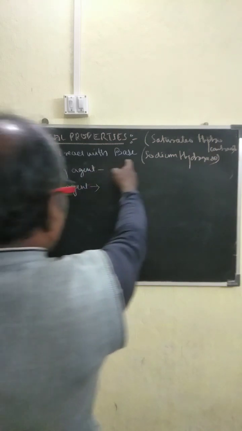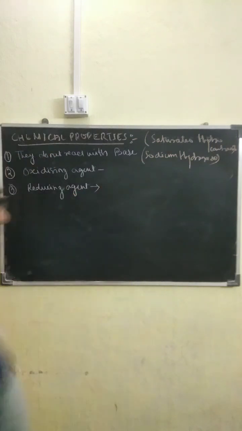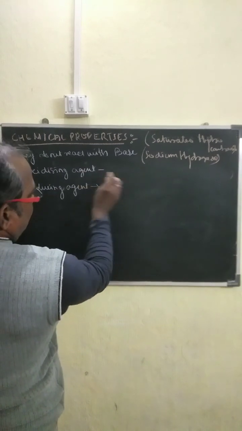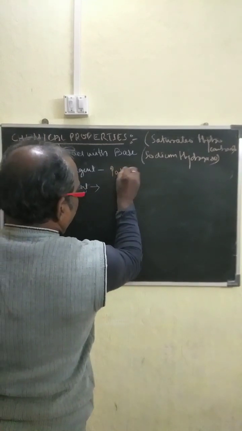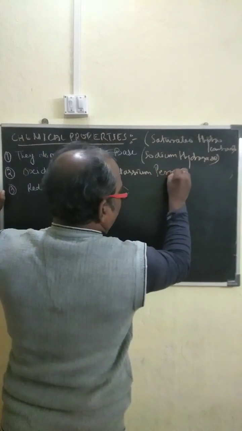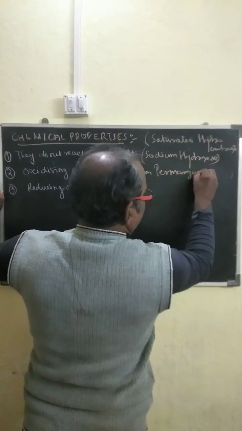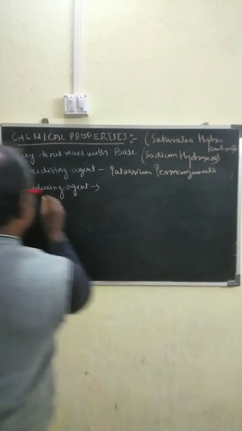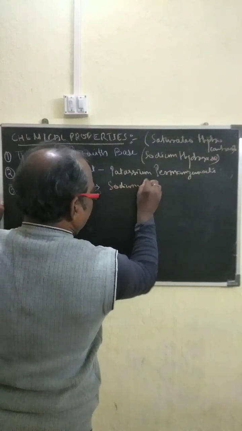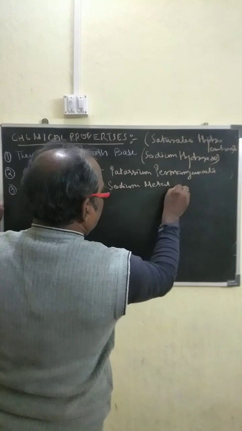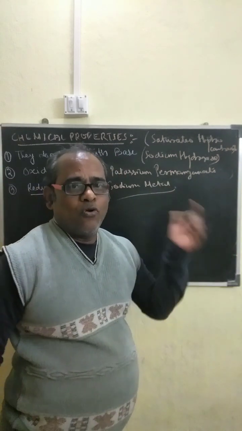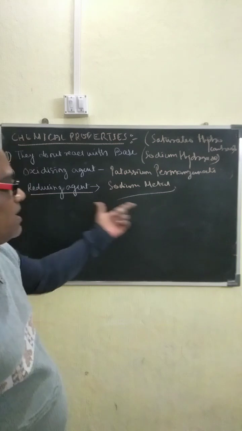So they do not react with a base, and also they do not react with an oxidizing agent like potassium permanganate and a reducing agent like sodium metal. They do undergo the substitution reaction and also full combustion reaction, and the reactions are: